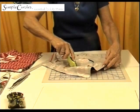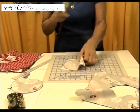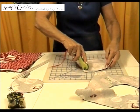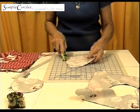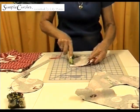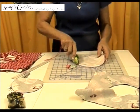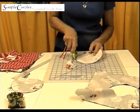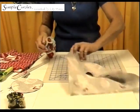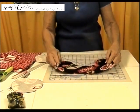Once our hole is cut, we'll cut our circle. All right. Whoops. Guess we missed those 2 spots. Throw these away, please. Okay, now we're going to take and we're going to fold our hole in half,